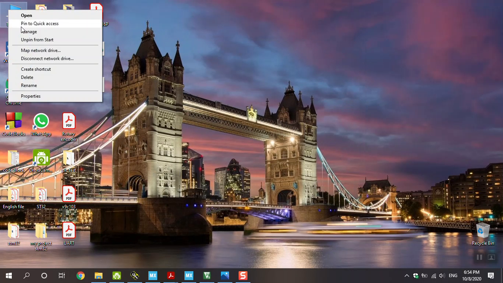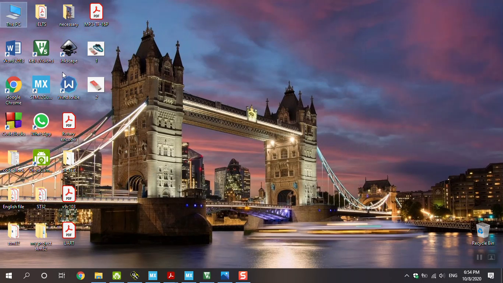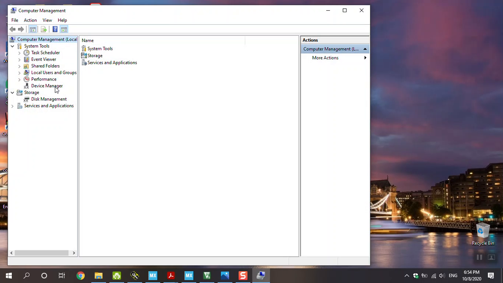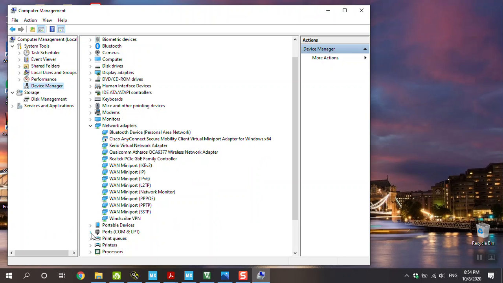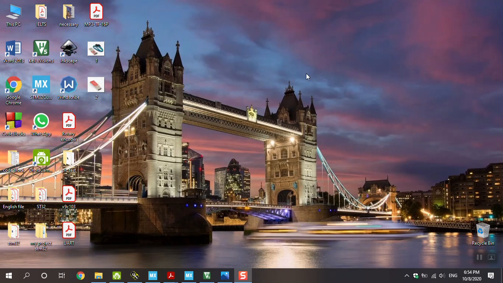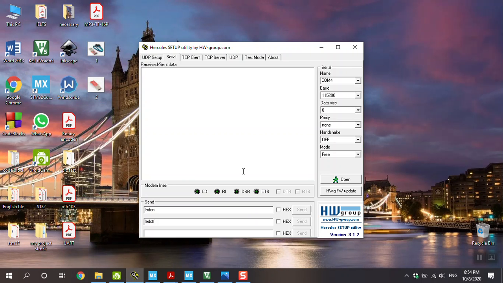Go to manage, go to device manager. After that, you can see in here under ports, CP210 USB is defined as COM port 4. Okay, and I want to open it,